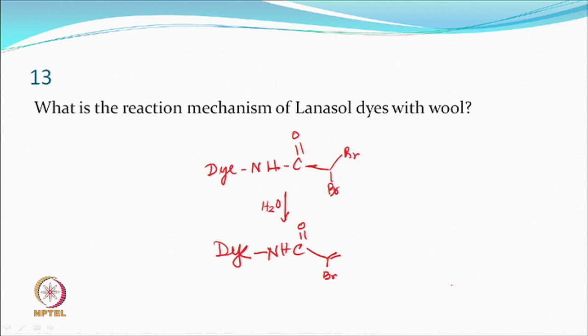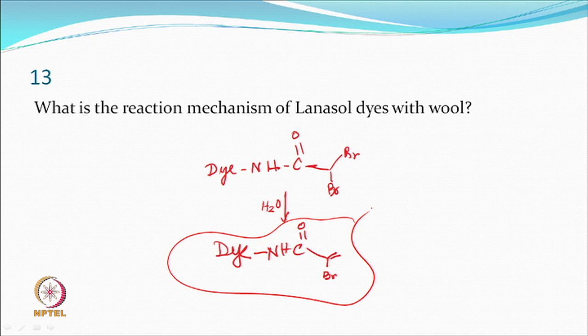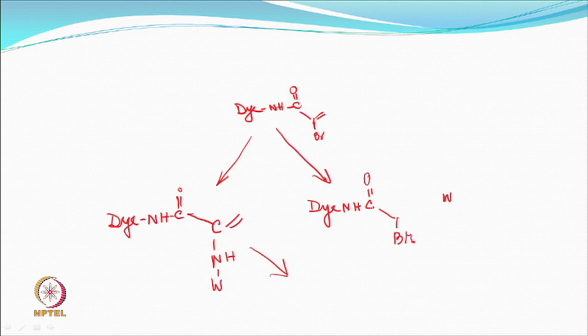Even water also, at certain temperatures you can expect one of the bromine goes off, possible. And so, you create some groups which are ready to react, right. So, when the dye is in this form, then it can react in two ways with the wool or amino acids. One, that it can react and make a compound of this type and this portion still remains free,